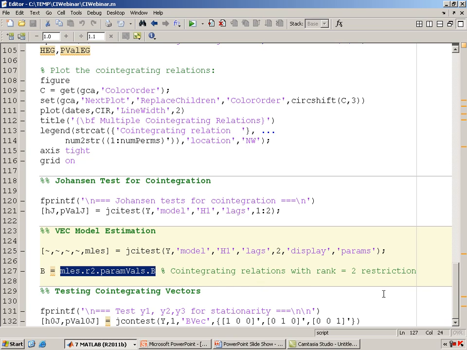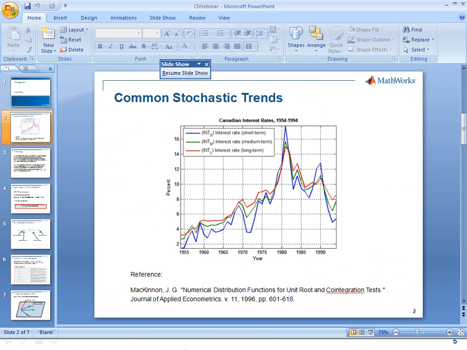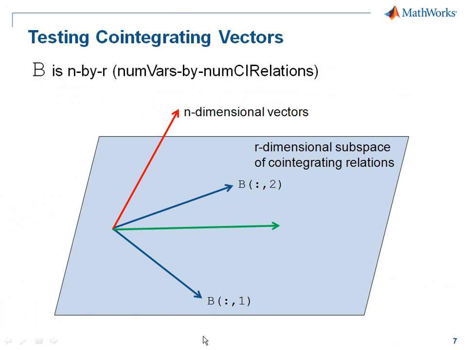Finally, let me just say a word about some additional tests we have. We have a function called jcontest, which allows you to put constraints on either the cointegrating vectors or the adjustment speeds in the error correction model and test to see whether those constraints are supported by the data. Just to give you an idea of what I'm talking about here, imagine that we're working in a case where